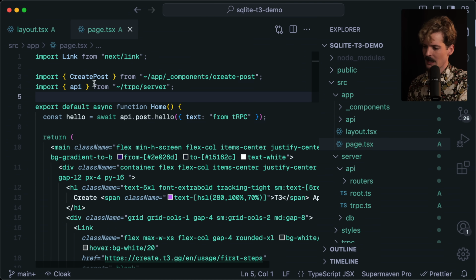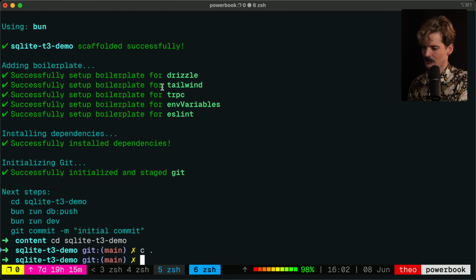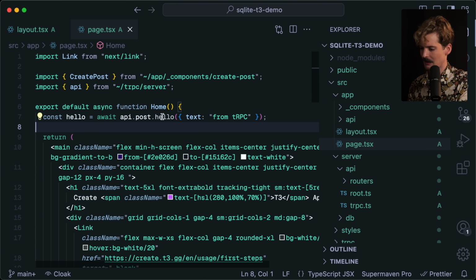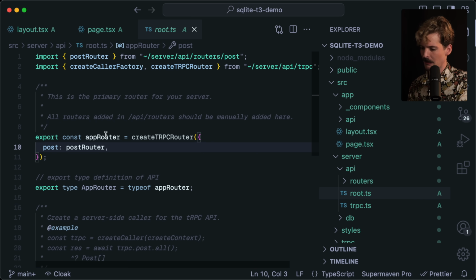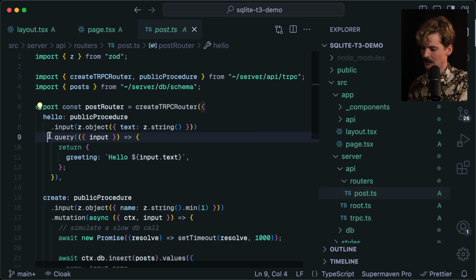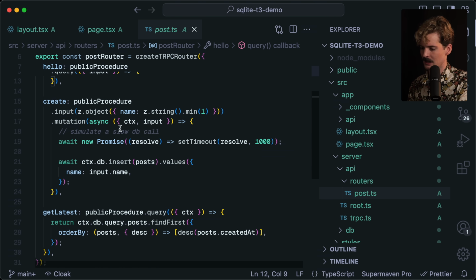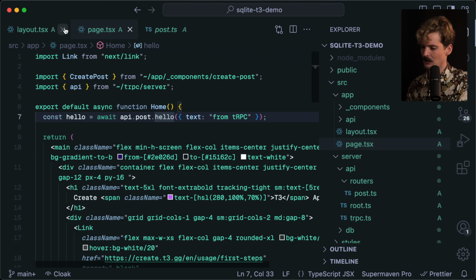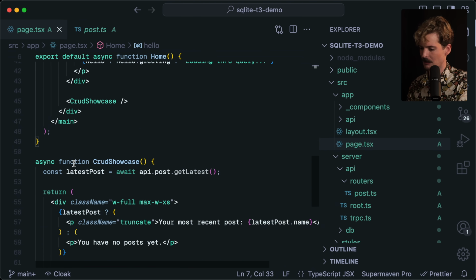We're going to use the create T3 app template, which I just used with Drizzle, Tailwind, TRPC, and all the other options. Skipped auth. We don't need auth for this. You get the idea. So now I have a very simple example using SQLite locally with Drizzle. And if we go to api.post, I can command click this and we see the procedure here. Takes input, we validate that it's a string, and then we return hello, whatever that is. We also have DB calls here where we're able to get all of the latest posts as well as insert things as well. But I want to showcase how this actually works once we start playing with things together.